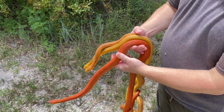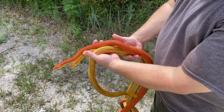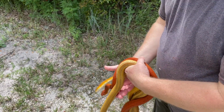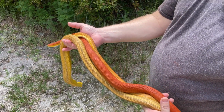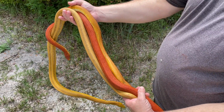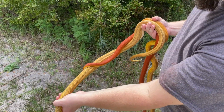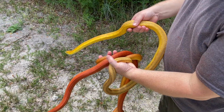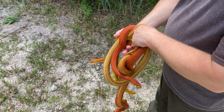Now there are different theories on Everglades rat snakes. I don't believe it's actually a valid subspecies or a valid form at all. I think that it's more of a color variation of yellow rat snake, but they can be very beautiful, as you see here. And you could see all of these in the exact same area. There's no area in South Florida that has all rat snakes that look bright orange, and I don't think that